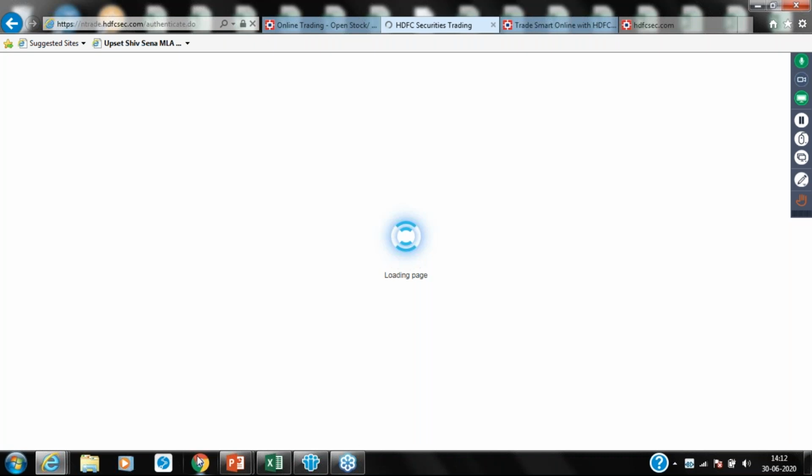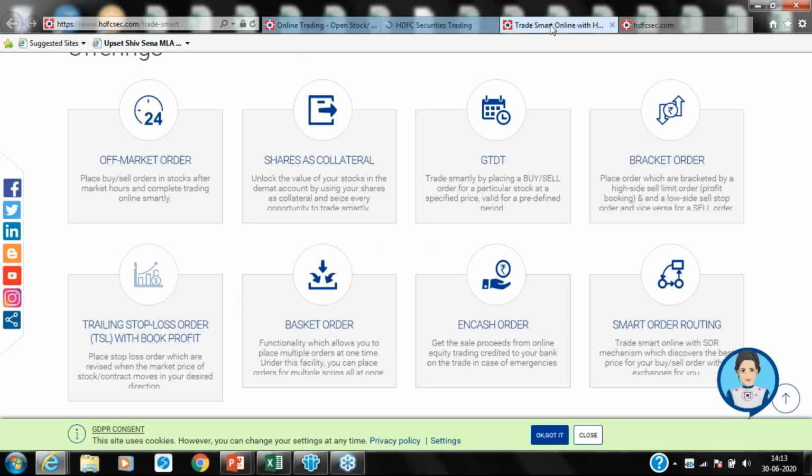So instead of selecting cash, which is the default, you have to change that option from cash to cover order. And once you do that, you can directly buy the stock or short sell it. If you open a buy panel, you are buying it, you have to set up a stop loss, and then you can directly place an order. So that will go as a cover order for buying.